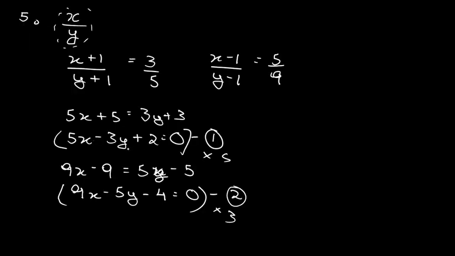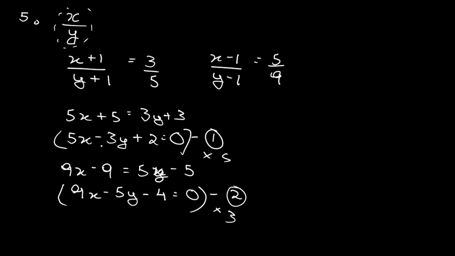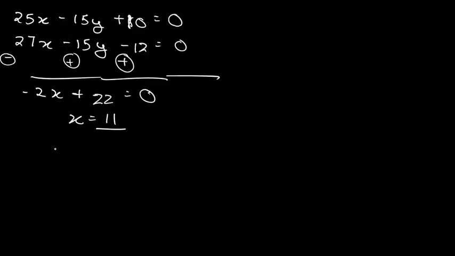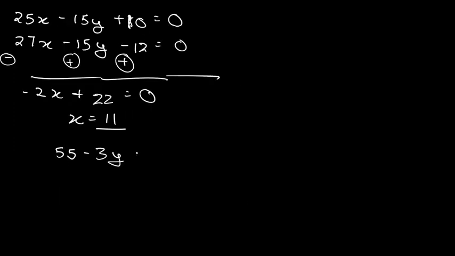Now we can easily find the value of y by substituting in any of the equations from over here. Now what are we getting? We are getting 5x minus 3y plus 2 is equal to 0. So 5x means 55, then minus 3y, plus 2 is equal to 0. We are getting this particular thing, and when we add it, it will become 58. 58 is equal to 3y, which means the value of y that we are getting is equal to 90.